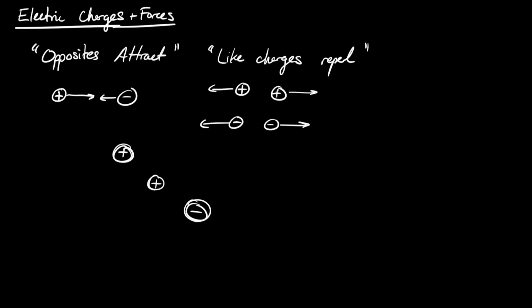The surprising result is that you can actually just consider what would happen to each of these systems separately. So what would the positive charge in the middle do in response to this positive charge? And what would the positive charge do in response to this negative charge? You can ask those questions separately, find out the resulting force, and then simply add the resulting forces together to get the net force. So in this example right here, a positive charge hates being near a positive charge, so